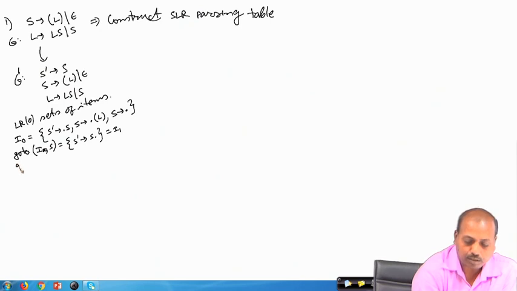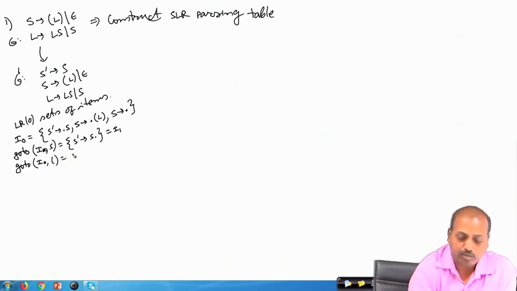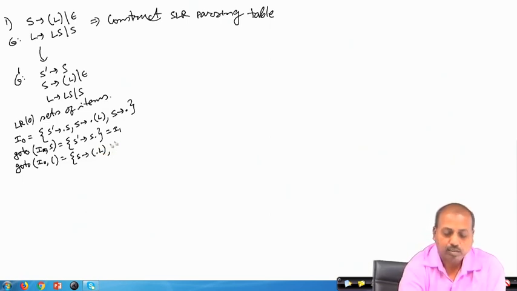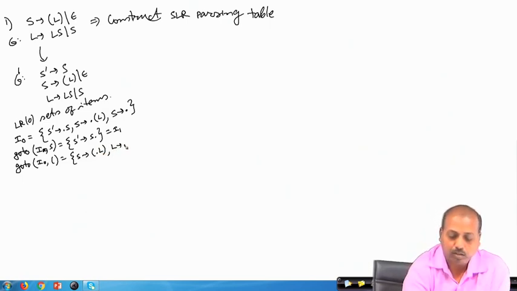Next, I have to construct other possible go to items. So, go to I0 open parenthesis. This will give me S producing open parenthesis dot L close parenthesis, and since there is a dot before L, by closure I will get all these items.